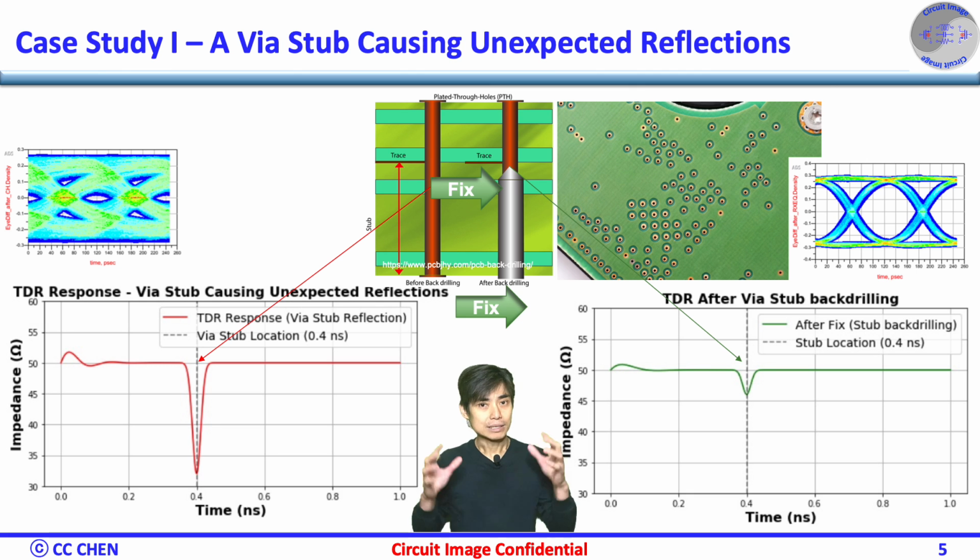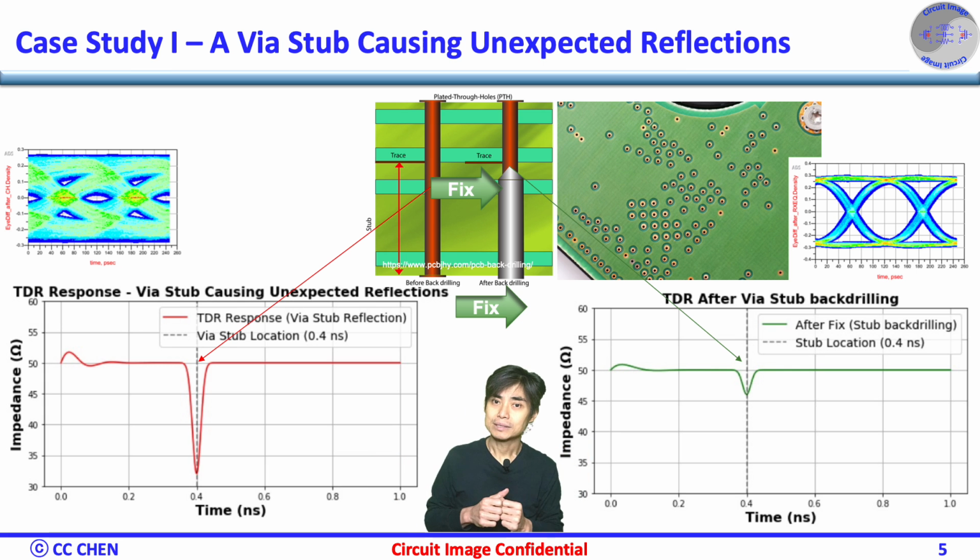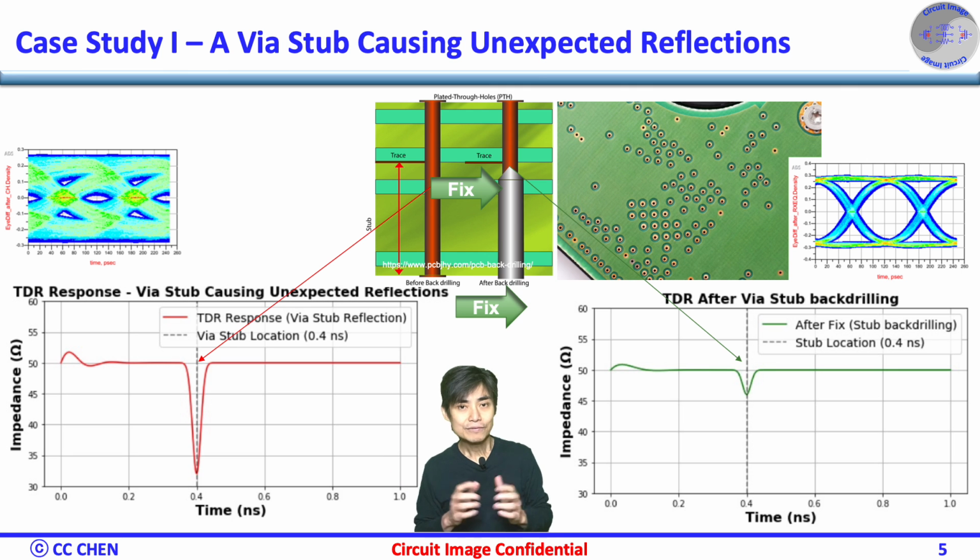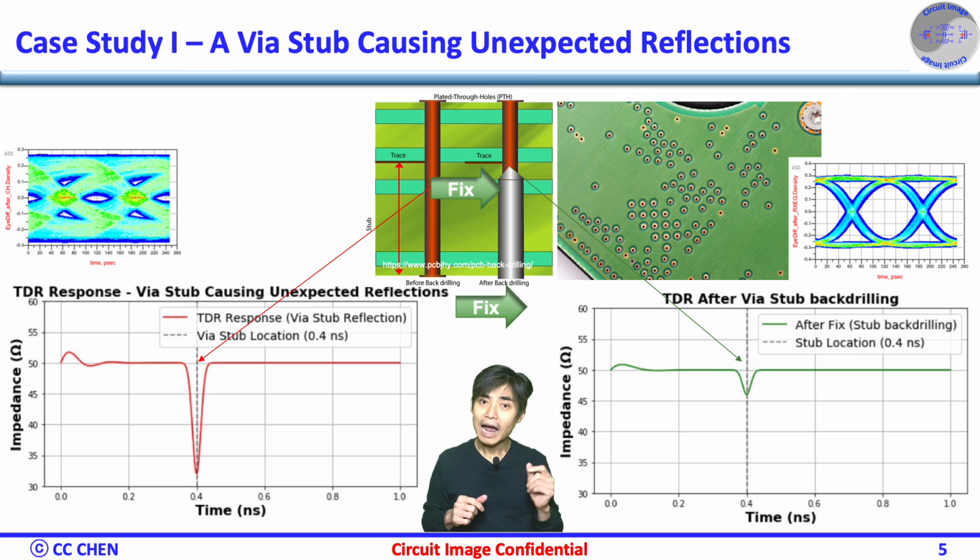The eye diagram is closing, and unexpected jitter is present. What's going on? The issue is a via stub, a leftover portion of the via that's not carrying the signal. Even though return loss didn't highlight a major problem, a TDR measurement reveals a sharp impedance dip at a specific